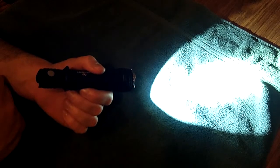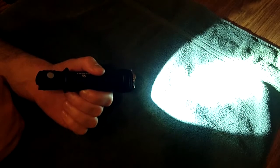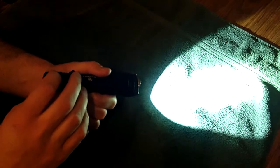Outdoors, it shined pretty good. Not as bright as some of my other ones, not as far as some of my other ones. But for what it is, that's pretty good. So go ahead and turn her off, and there's your strobe again. And